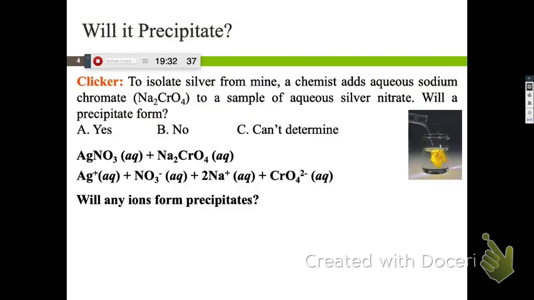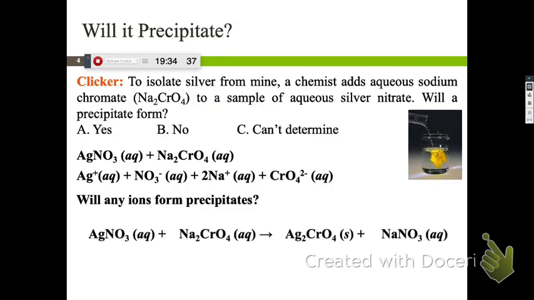So then we can say that yes, a precipitate will form. We can go ahead and write out that that is going to form a solid because it precipitates, it changes phases. But then these two are going to stay aqueous, which means they're really separate, but we write them as a product. Are we done? No. All right, go ahead and talk to your neighbors, see what else we need to do, and finish up this equation.